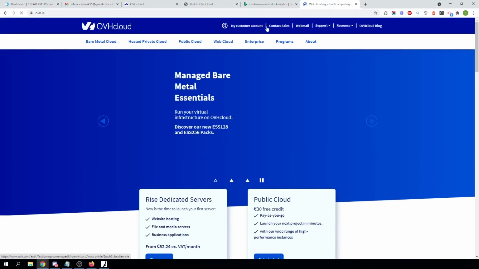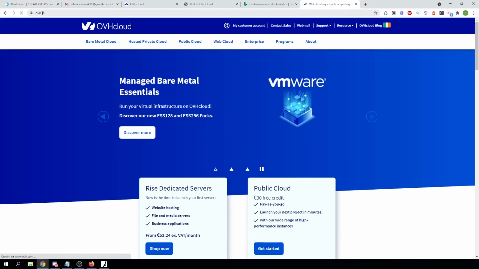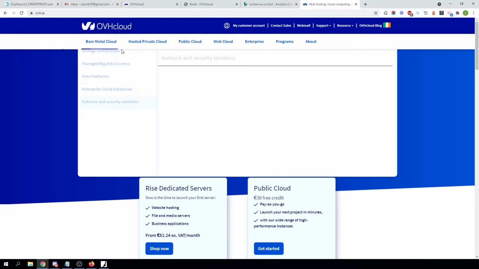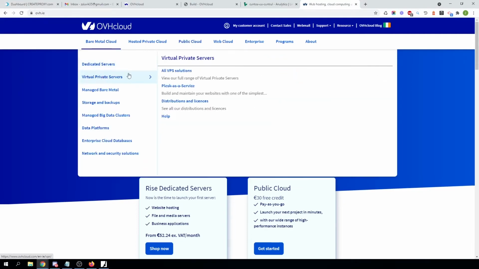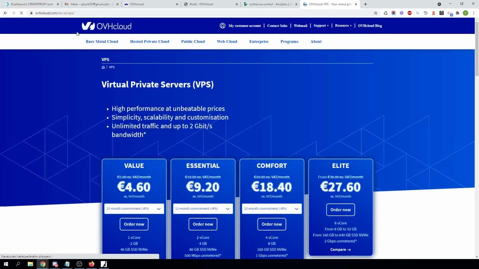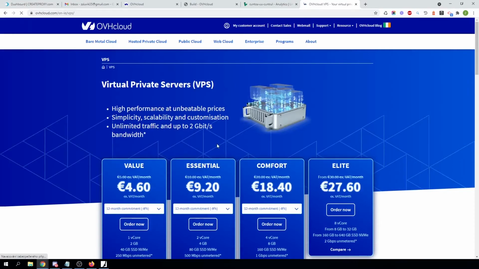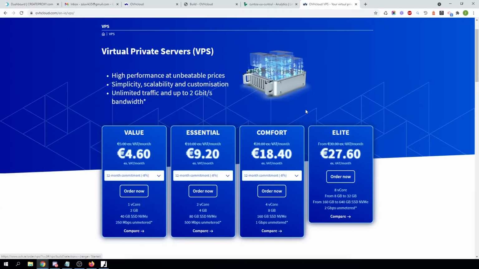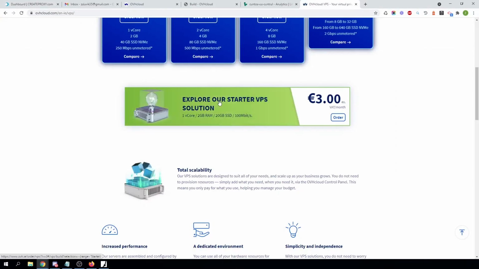If we go to another localization of OVH, let's look at virtual private servers in different locations. So I do the same thing, order,